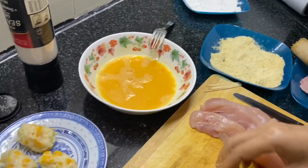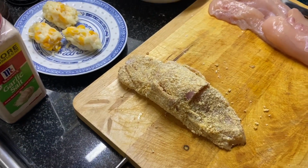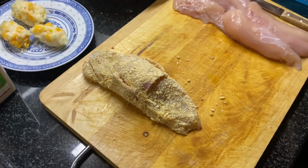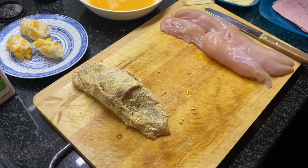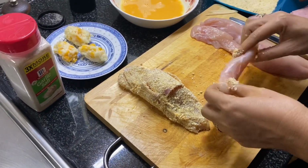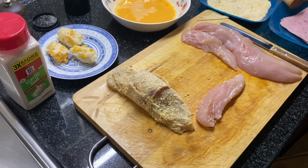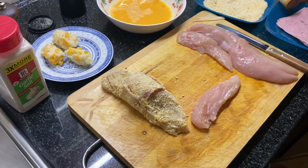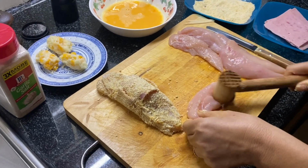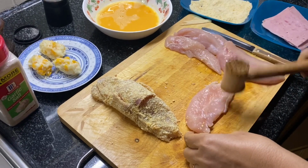And that goes to one side and done and ready to be cooked, deep fried, or well, not deep fried, fried. So then we move on to the next one, and you again flatten two of the fillets, season them on both sides, pop a lump of cheese into the middle of one, cover it with the other flattened fillet,